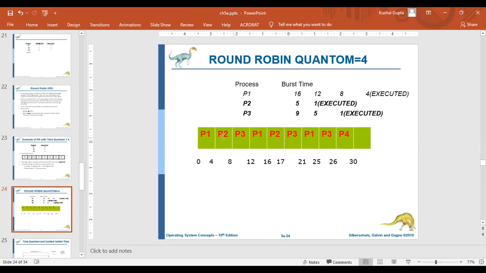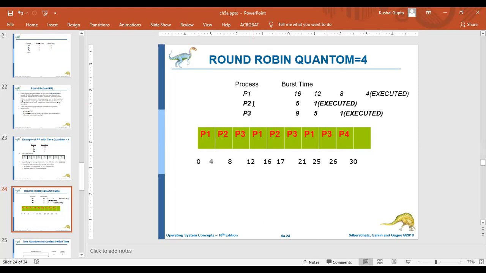We are changing their jobs from the CPU. First P1 is running, then P2 is running, then P3 is running, again P1 is running, again P2 is running, and this kind of situation will be there until the process completes its execution. Round robin scheduling is very genuine, and it will take minimum amount of time that is required for switching.